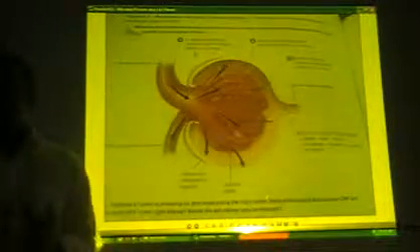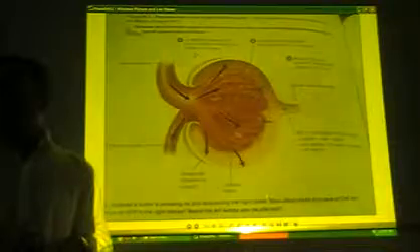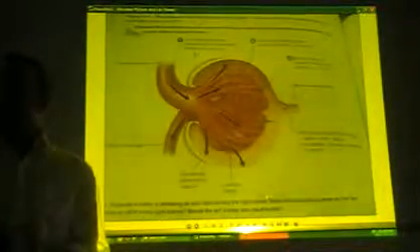Now we have to discuss what is the glomerular filtration rate. It is the net amount of filtrate which is formed in all the nephrons in both the kidneys, per minute. The amount of filtrate formed in all the nephrons of both the kidneys combined per minute will be the glomerular filtration rate, which in males is 125 ml per minute and in females it is 105 ml per minute.